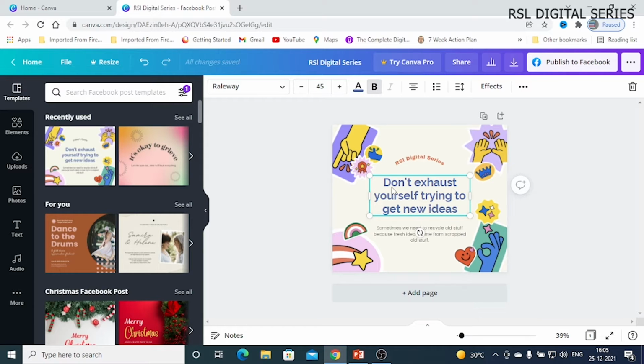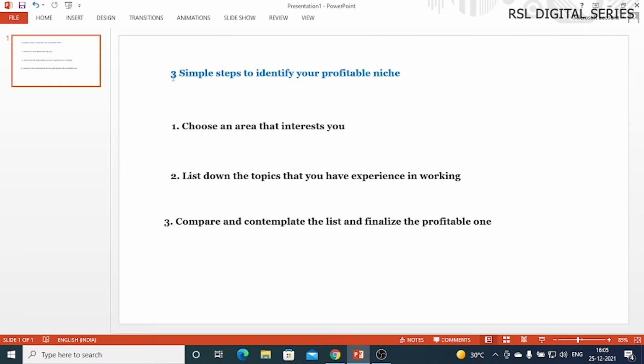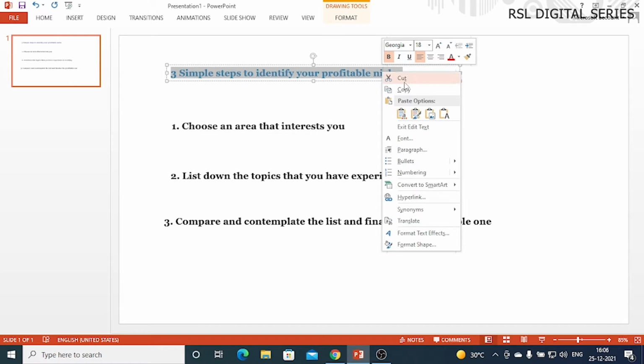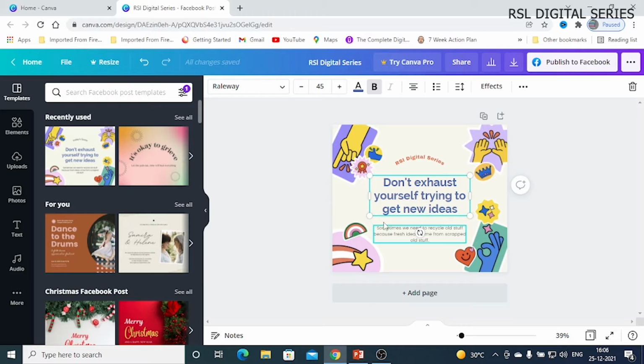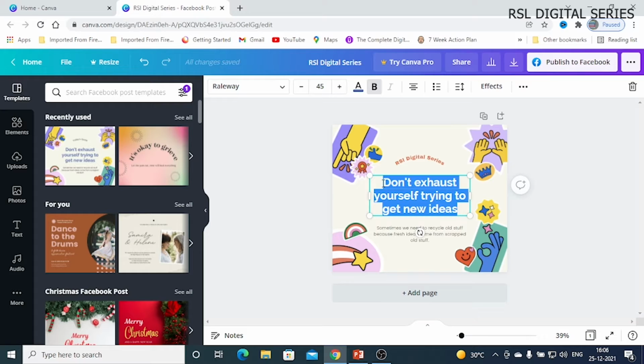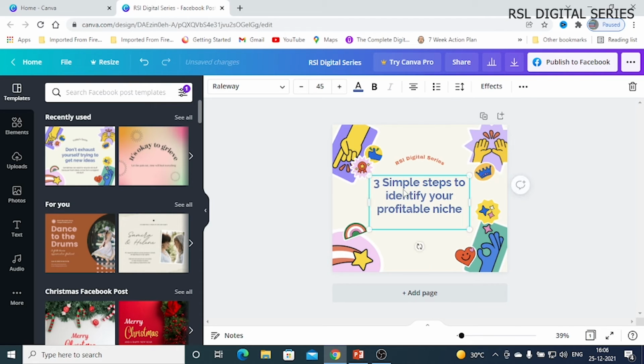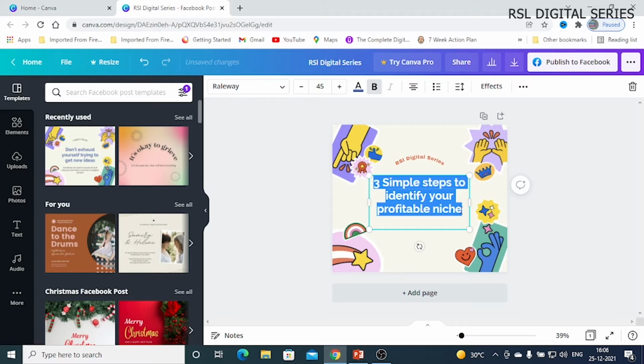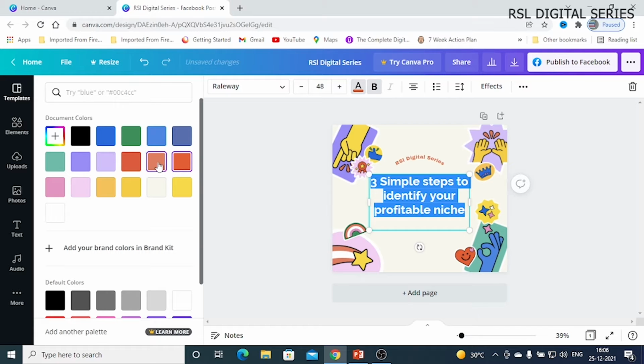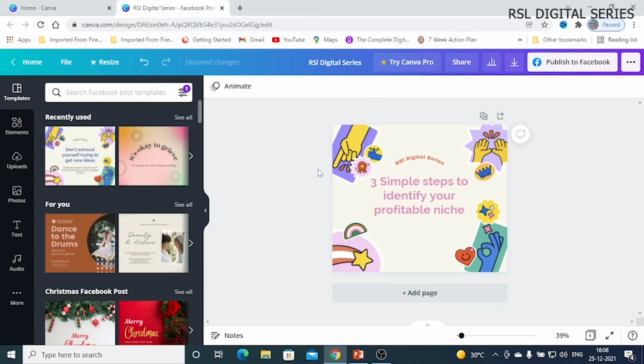Now here we have to replace this text with our heading, 3 simple steps to identify. Now I will copy paste it here. This one we don't need, so we will simply delete this one. Here also again we can change the font size, and font color also we can change, whichever color you like you can apply to your font.